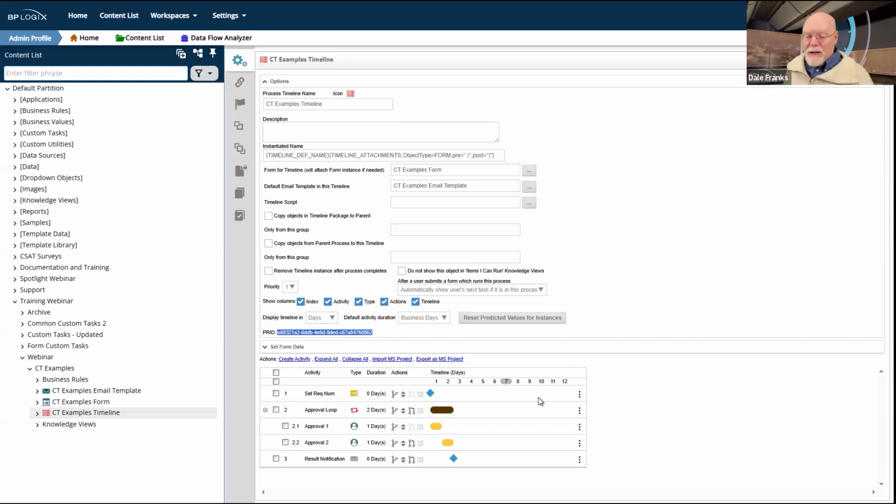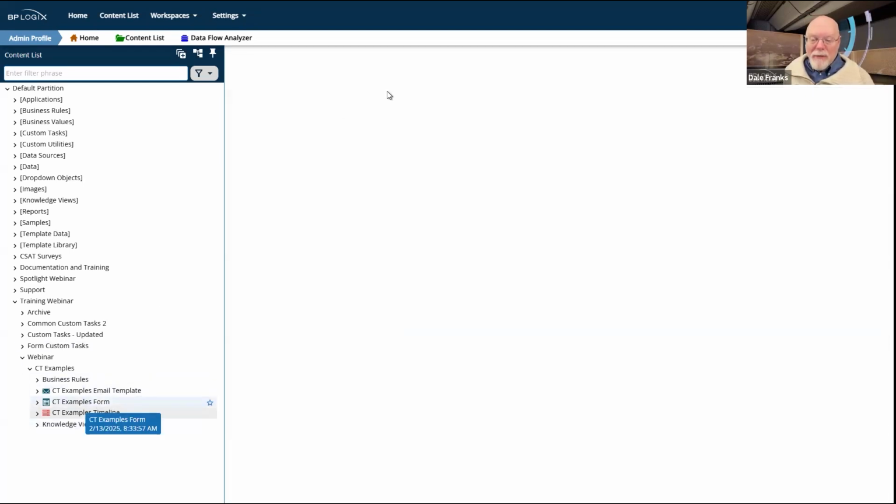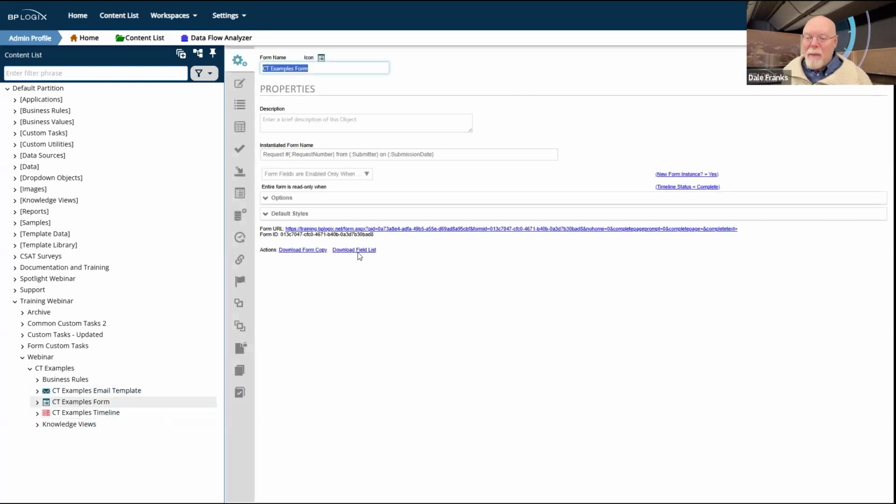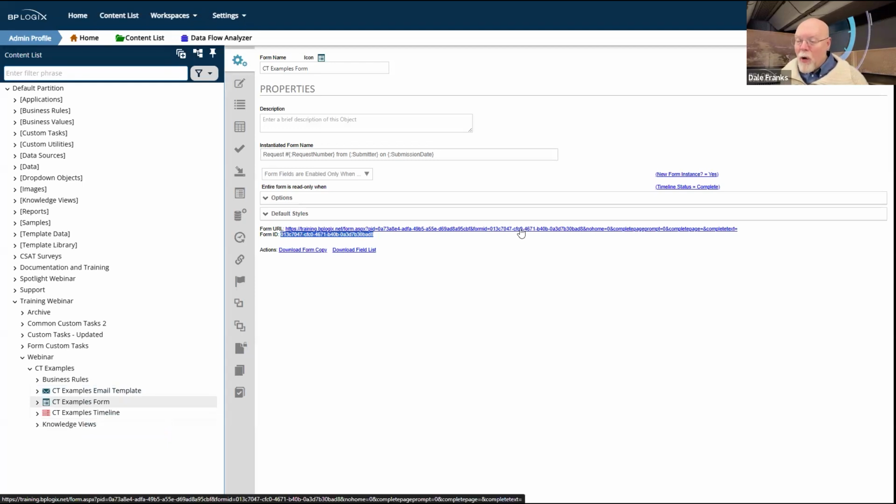In this case, it says PRID, which is the project ID. So that is the ID used in Process Director as the unique ID for this specific process timeline definition. Every object has a PRID like that. Sometimes you have to derive them, like on the form. Well, no, we have form ID in there as well, so you can see it there, but it's also up here as form ID and part of the URL.